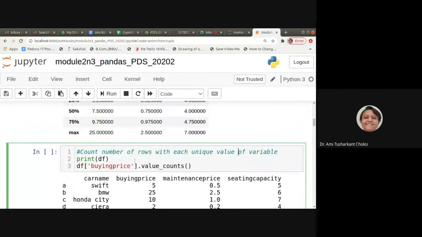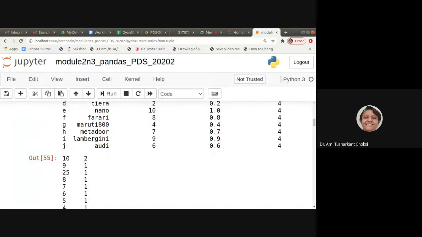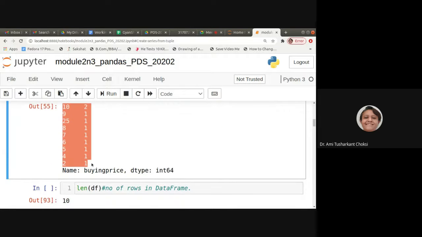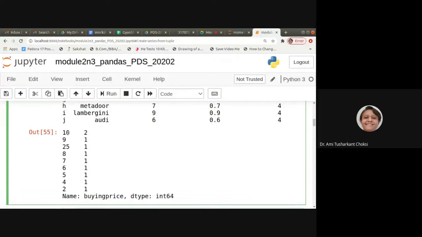So in buying price, we have 10 as a unique value, and its count is 2. 9 is a unique value whose count is 1. 25 is a unique value whose count is 1. 8 is a unique value whose count is 1. So this way the values are there for our column, buying price. The unique values are 10, 9, 25, 8, 7, 6, 5, 4, 2, and each one's count in the data set is 1, right?